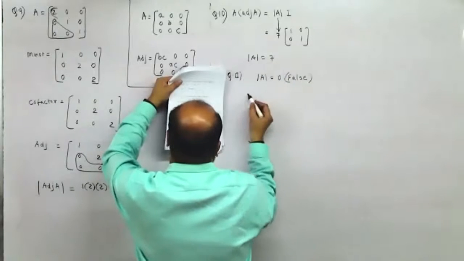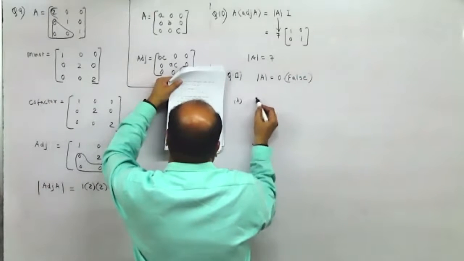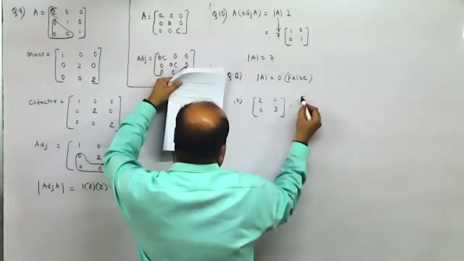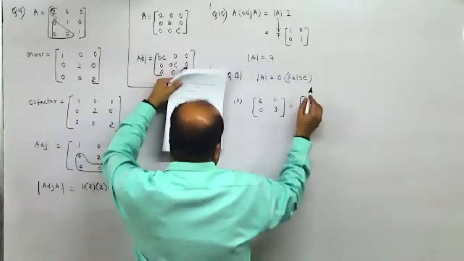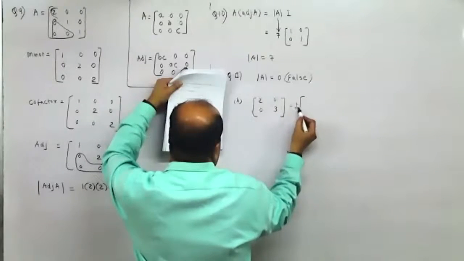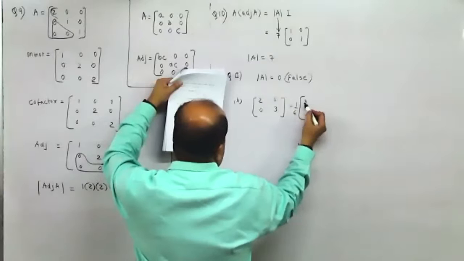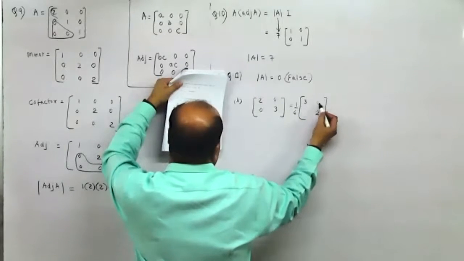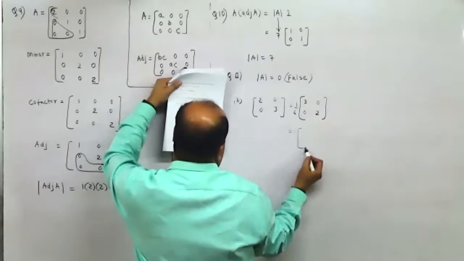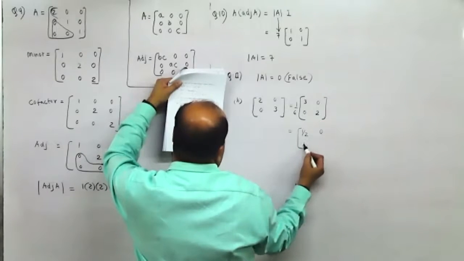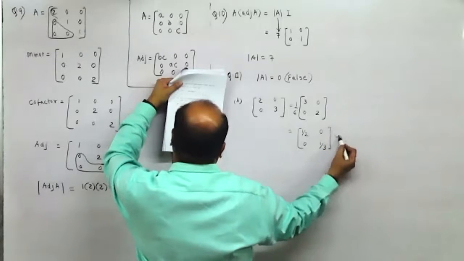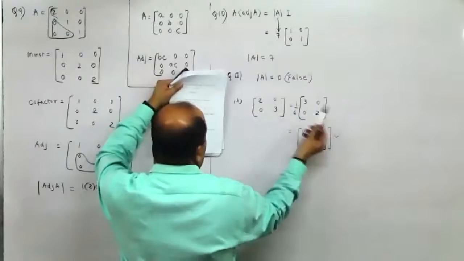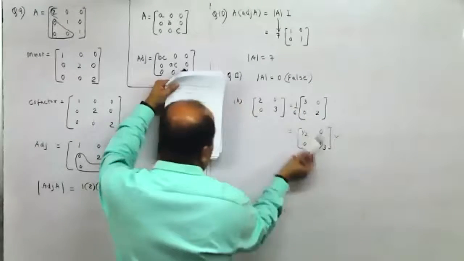For a non-singular matrix, it should not be equal to 0. Inverse of this matrix. I had told you it is very easy to find the inverse of this matrix. This is 6, so 1 upon 6, and then interchange these two elements and change the sign of these two elements. So this would be 3 upon 6, which is 1 upon 2. This would be 2 upon 6, which is 1 upon 3. So this is correct. Even otherwise, you can multiply this with this to show that it is equal to 1. 2 into half is 1, 3 into 1 by 3 is 1.